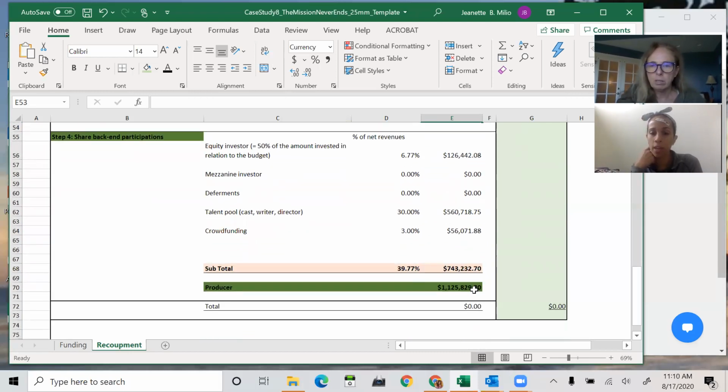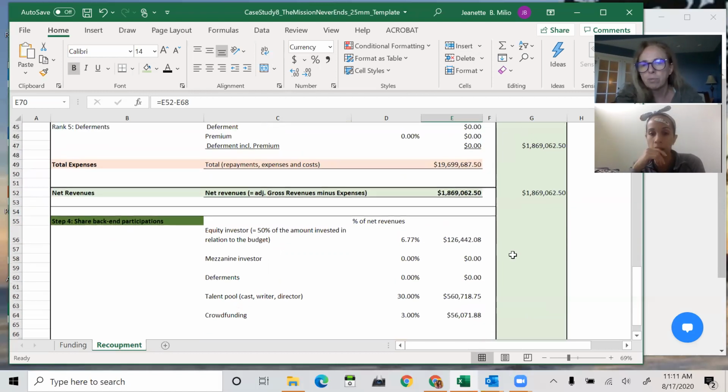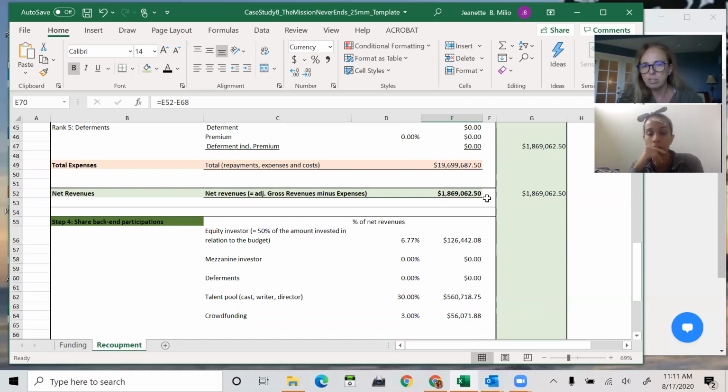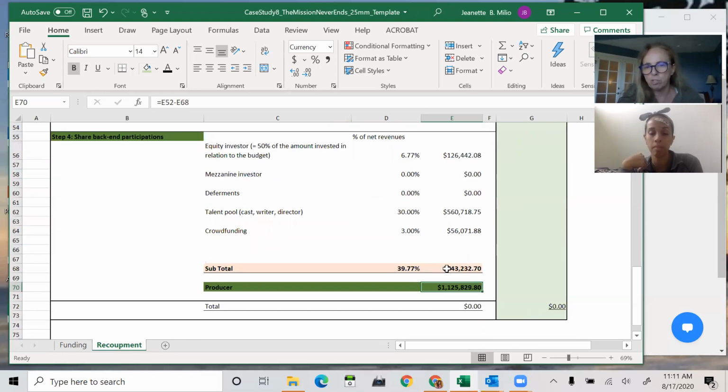So we got that far. Would you consider this a profitable film? Yeah, it's a profitable film. Anytime you have profits, you have profits, because you are making $1,125,000. In my book, that's profits. That's what you're making if you pay all these people and you get to pay $743,232 to everyone in your profit participation bucket. You end up with $1,125,000, because all you're doing is taking your revenues of $1,869,062 and deducting all the profits that you have, which is this, and that's what you're left with. That is it.